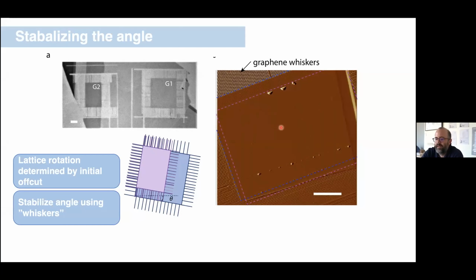I can imagine that I measure the moiré pattern and identify that a little square patch here has a uniform moiré of a wavelength that I want to study. And away from that, it does not have that same moiré. I can absolutely define electrodes in the system, and then I can just carve away all the parts I don't want later, and then measure the pristine part of this at the end.